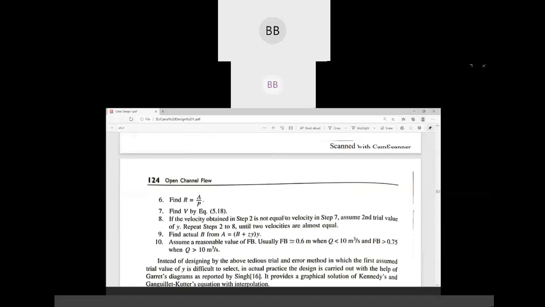Next is step number 8. Then we move on to step number 8. And what we're going to do in step number 8,